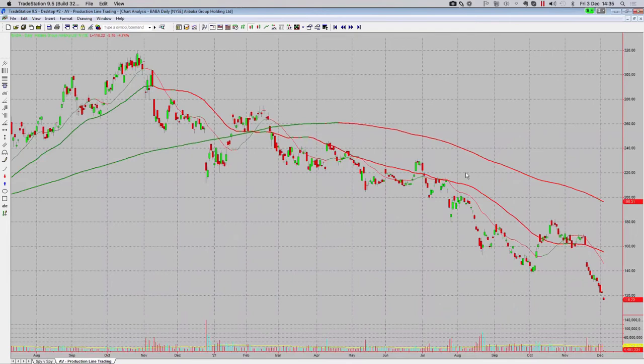So many people are talking about buying the dip on social media and the Twitterverse and all the other bullshit and the talking heads on the TV. They're talking about Alibaba as buy the dip, baby. It's not dipping. It's clearly going down. It's in a downtrend. Down. Sell the rally. Think about it.